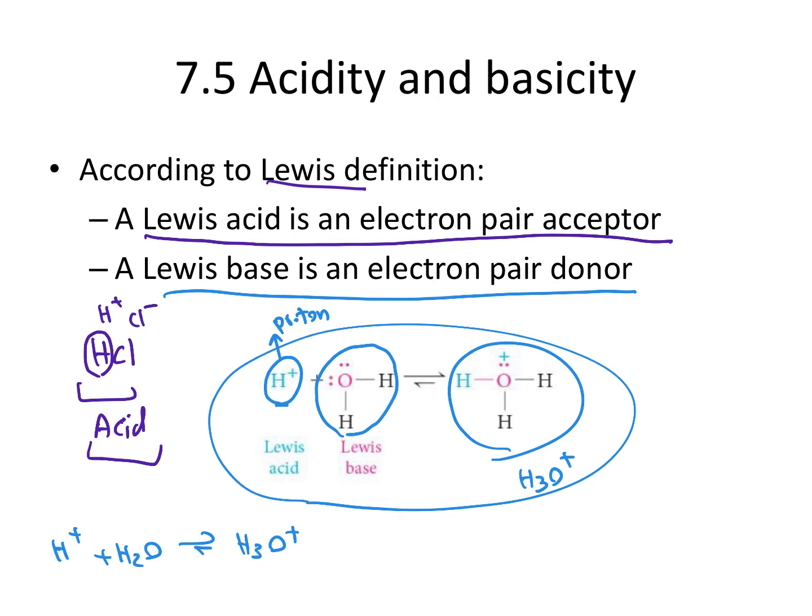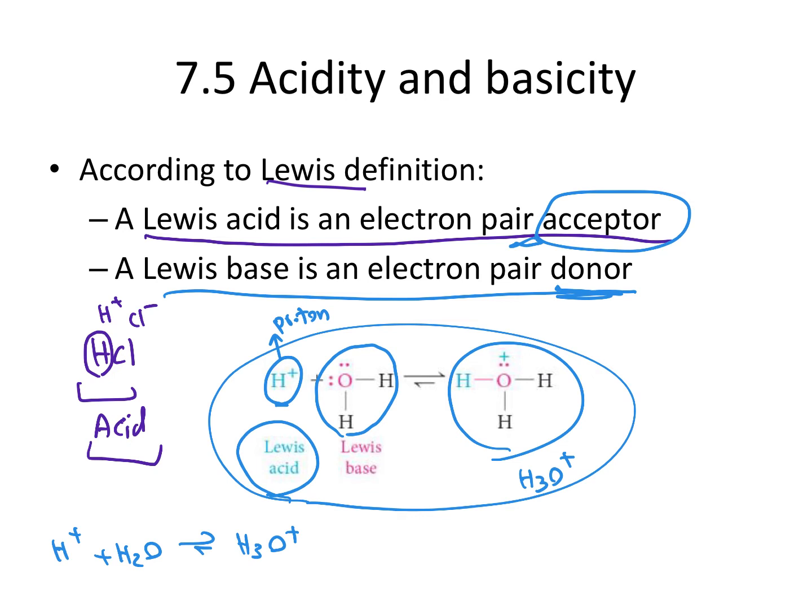It doesn't have any electron, right? It lost its one and only electron. So can it donate any electron? It doesn't have any electron to donate, right? It's kind of like someone that doesn't have any money. They cannot donate if they don't have any money. So proton cannot donate. For that matter, it's not a base. It's an acid because it accepts electrons.